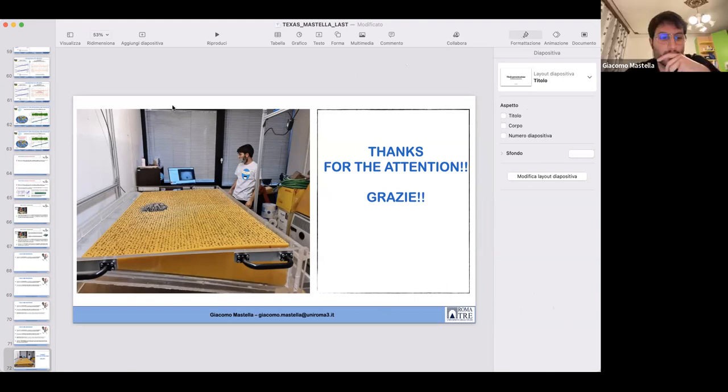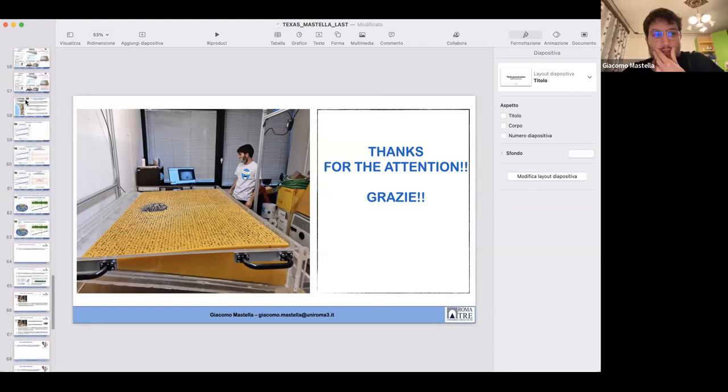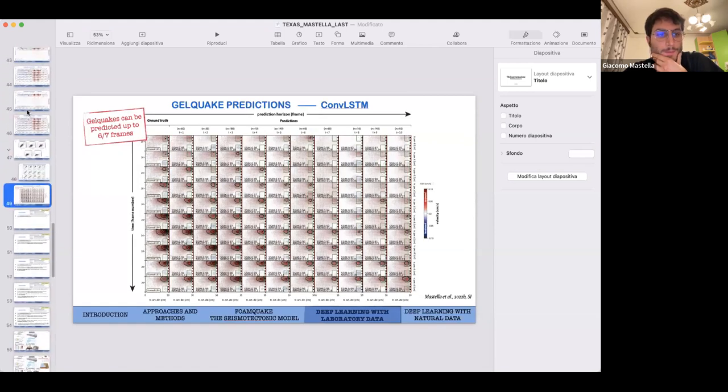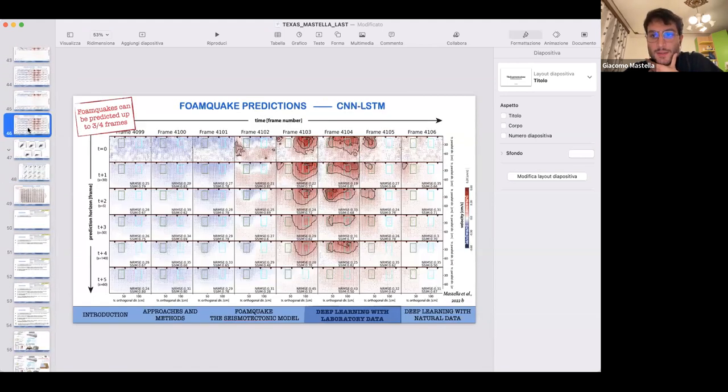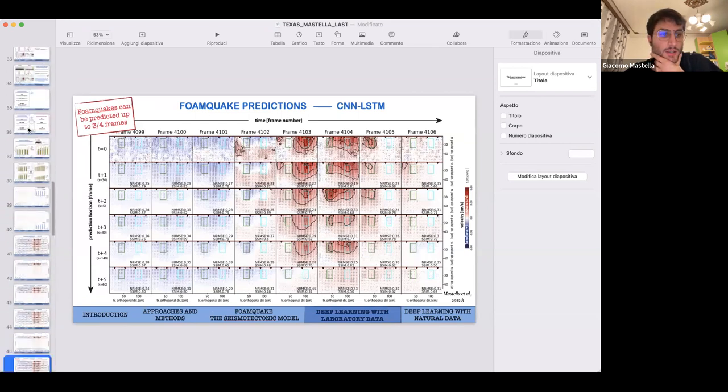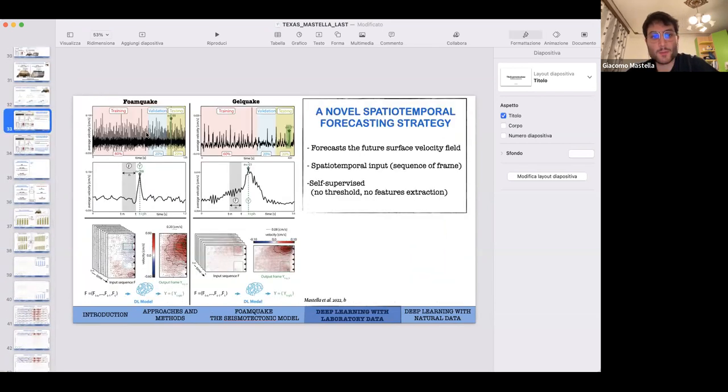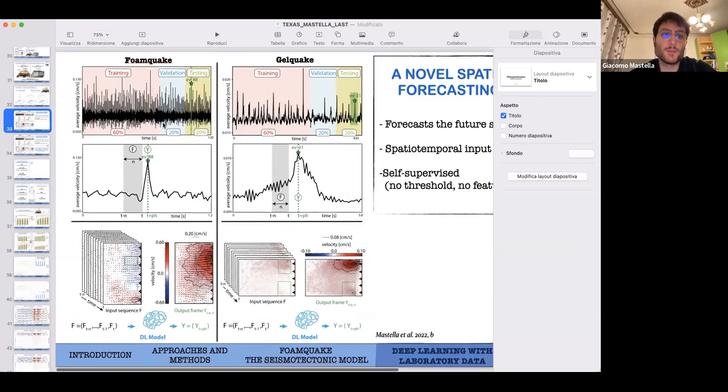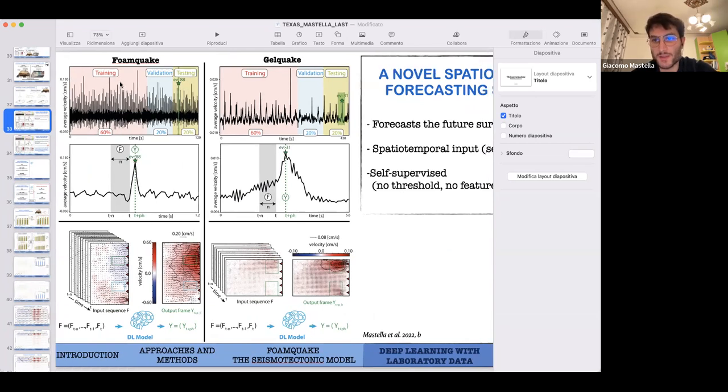So yeah. When you're doing your deep learning on your analog models, did you do a different training data set for the ones with the asperities, like two asperities and one with one, or is it all the same? Yeah, so we treated each experiment separately. Basically, from one experiment, you split the input data set into training, validation, and testing set. So the training set is different for each kind of experiment that we tested.